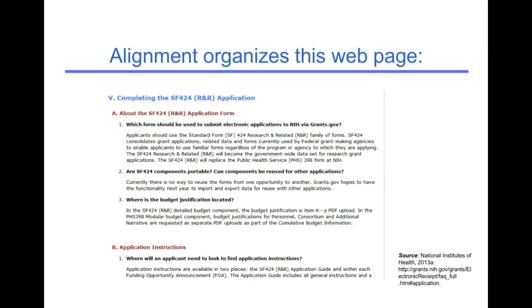Alignment. This is a basic example that you've probably seen many times throughout your life, and that's an outline. So you've got Roman numeral 5, completing the SF 424 R&R application, and underneath that you have Roman numeral A. It's just very slightly indented, and that tells you the information that you will find in 1, 2, and 3. And 1, 2, and 3, because they are indented again slightly, you can tell that they're going to be